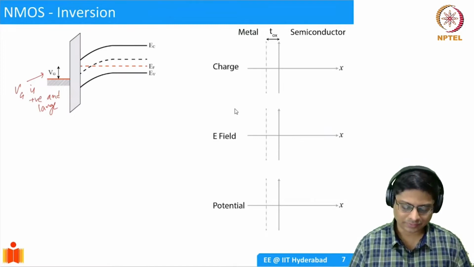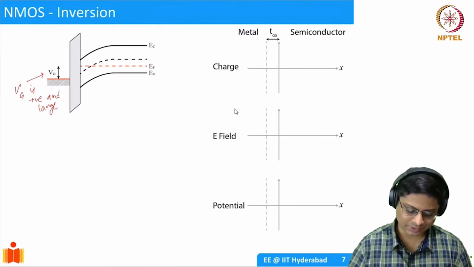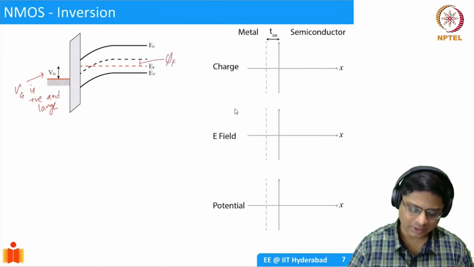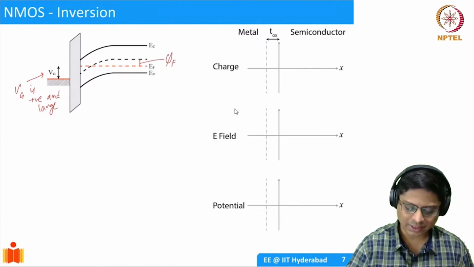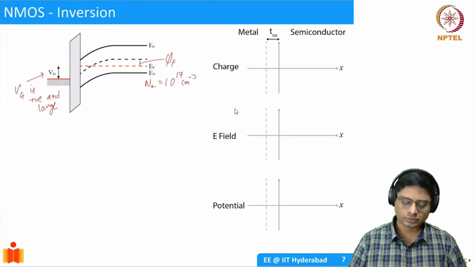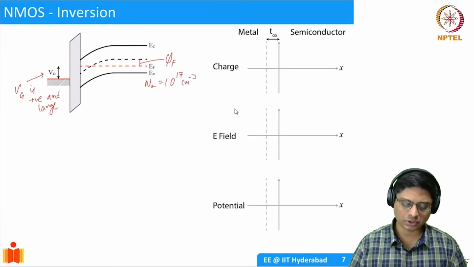To understand this, let's first look at the bulk region. Let's say there is phi f. Let's say this is basically Na equal to 10 power 17 per centimeter cubed. Let's take this as an example. Now if you change your concentration at the surface,